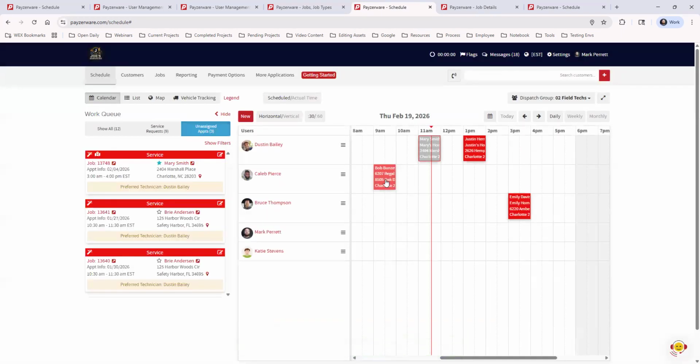If you notice, it's kind of grayed out a little bit, or it's just the opacity is lower here. And what that means, like this one we can see is full color. This one's a little faded. That just means that this was a missed appointment, meaning that the field technician did not clock any time on it. So it is easy to tell if something has been missed. If it seems like there's an issue here, you can hover over the appointment, go to the job,